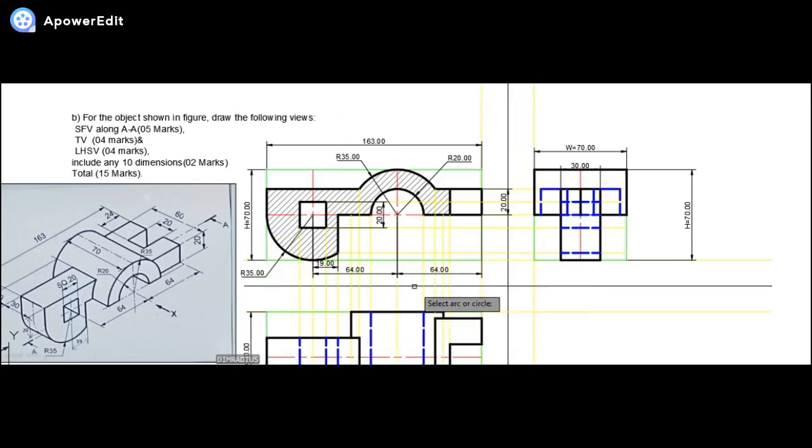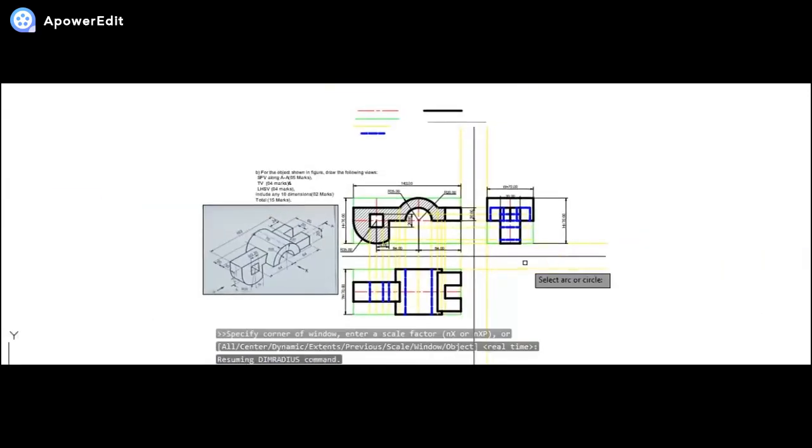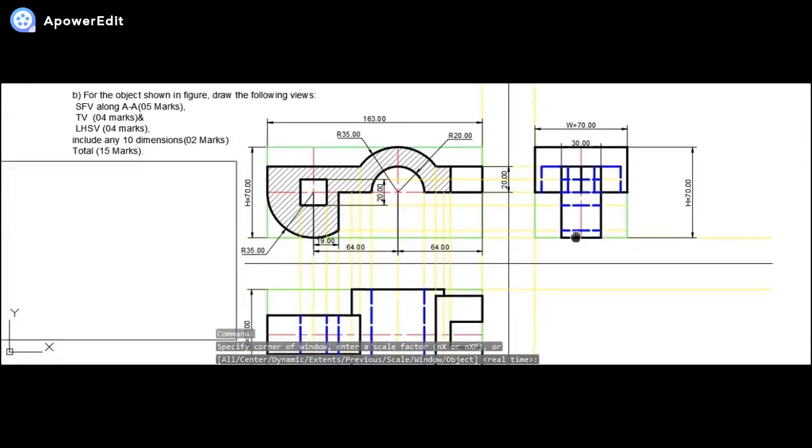Okay. Now if I see the top view and the side view, some of the dimensions you can show in the side view as well, and some in the top view.